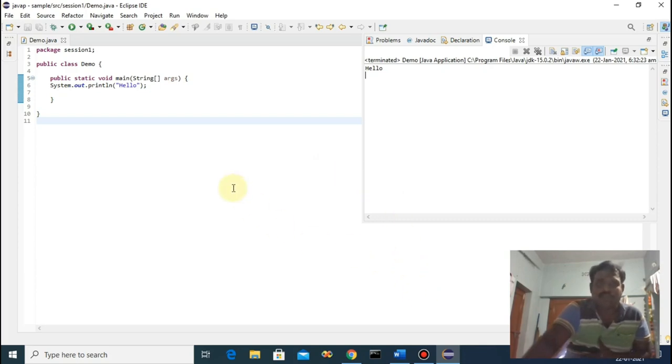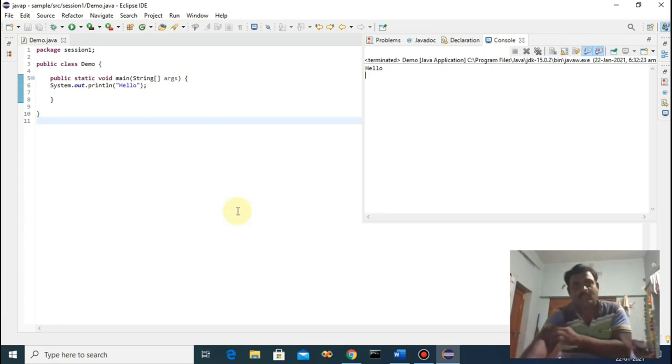Please follow this process to install Java software as well as Eclipse. Please follow my process. Then you can execute using the command line, and you can execute in Eclipse IDE also. Both will work. Some people will ask, sir, can I install JRE, Java Runtime Environment? Yes, you can install JRE, but only if you install JRE as well as Eclipse will the programs work.